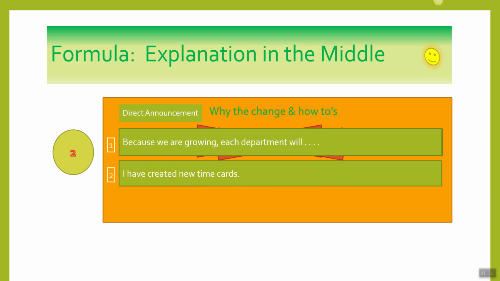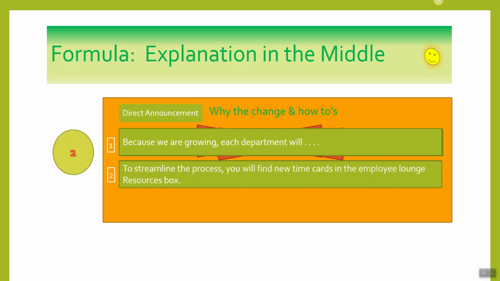People only care to read things about themselves and what's important to them. So what do they really need to know about the time cards? Not who created them, but where they are, where they can locate them. So to streamline the process, you will find new time cards in the employee lounge resource box, or some of you put it online under the G Drive, or tell them where they can find it.